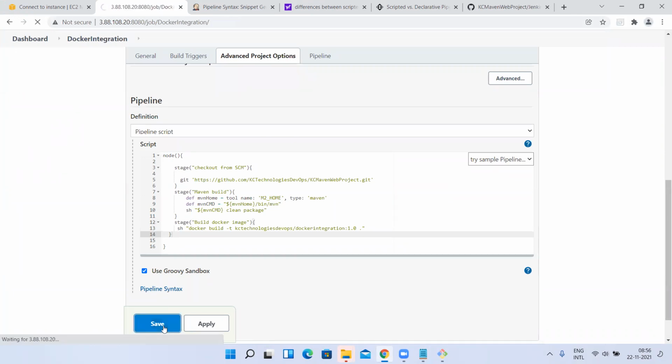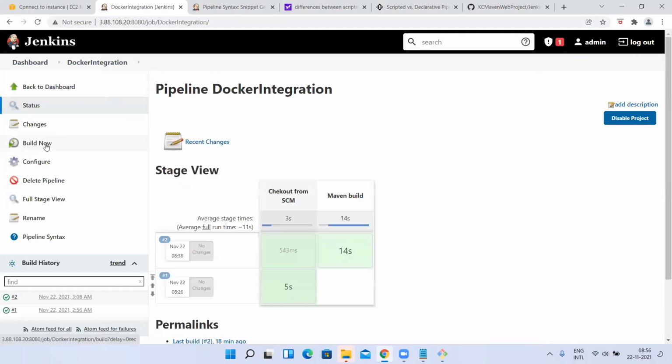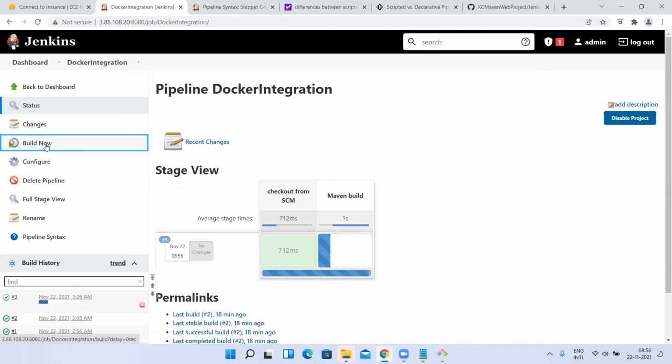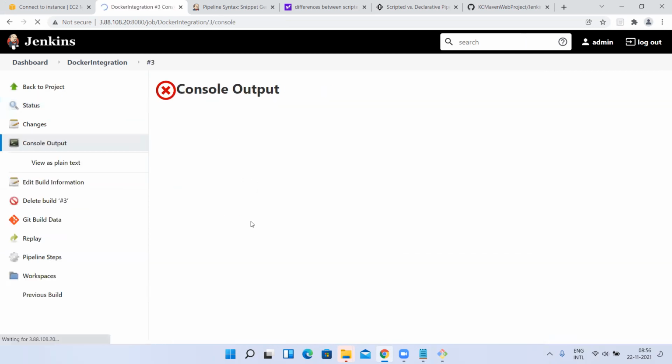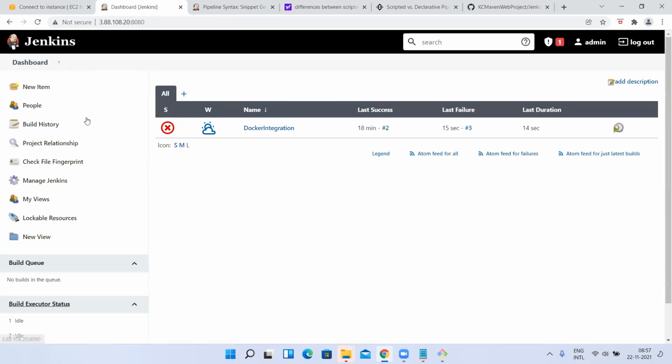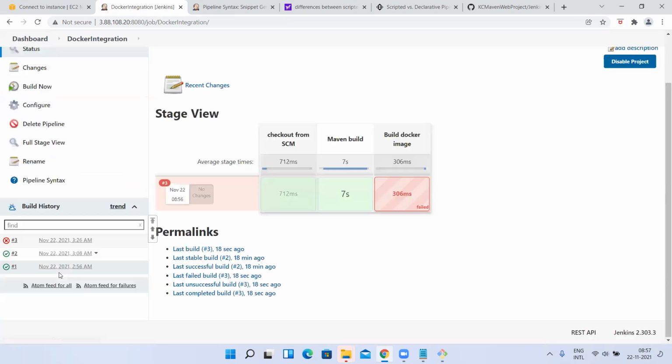Save it. Run it. Syntax is correct, but still it will fail. Why? I'll tell later. I want to show this error message. Particularly, I want to show these two error messages now. I'm waiting for that. All right. Now let me show you this. Oh, no need of console output, let me show here only. It failed. I said it will fail.